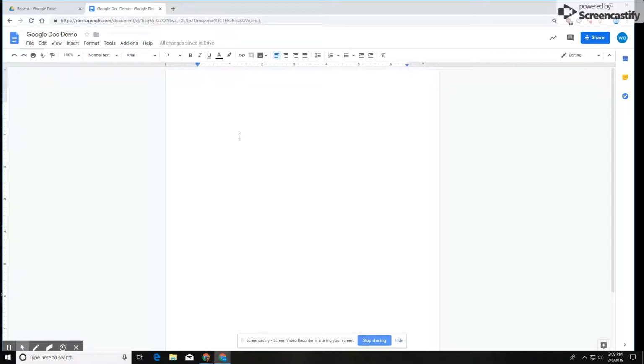So some of the features that I want to highlight briefly in here for the Google Doc is that it's very similar to a Microsoft Word document as far as what you're able to do with it. So notice I have very similar settings up here in my toolbar that you would have in a Word document. If I want to access my header, I just double click in the top. If I want to access my footer, you just double click on the bottom. And I can type